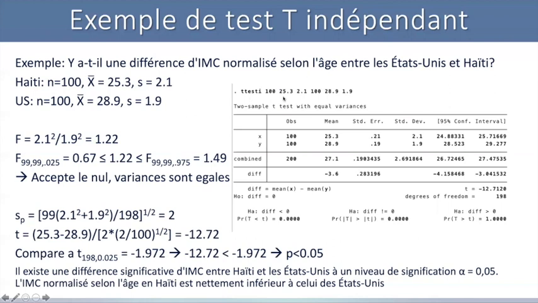I told my software I want to do an independent t-test where the first group has 100 participants, mean of 25.3, and standard deviation of 2.1. And the second has n equals 100, mean 28.9, and standard deviation 1.9. It does the variance test for me and decides to proceed with a calculation for equal variances. At the bottom, I see here,